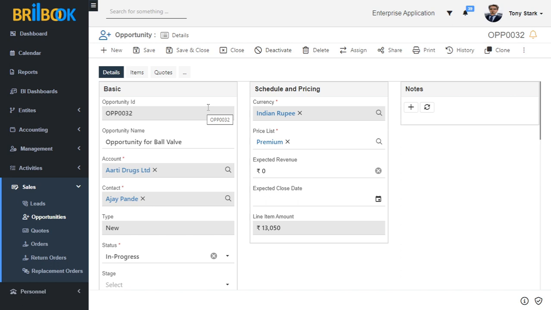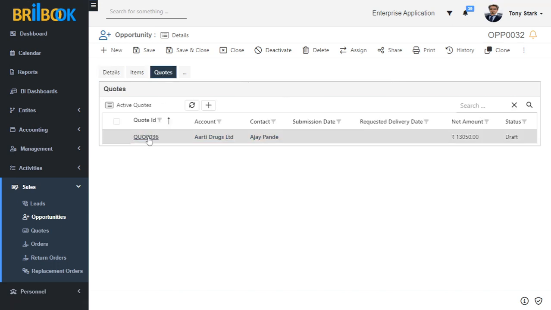After opportunity is marked as in progress, we step forward to approve the quote. To approve the quote record, first we need to submit the quote record. For that, click on quotes tab and open the quote record.